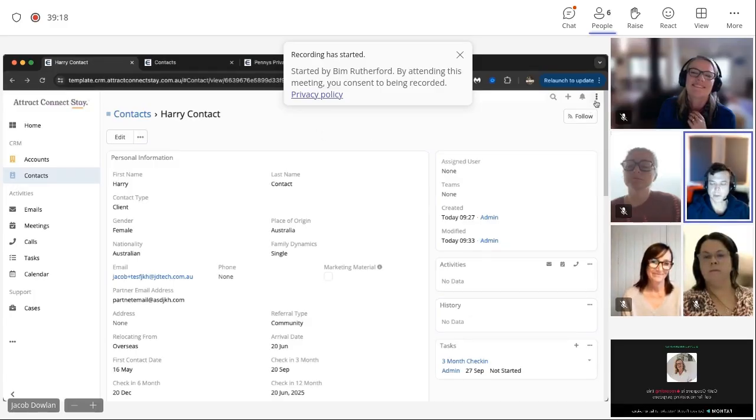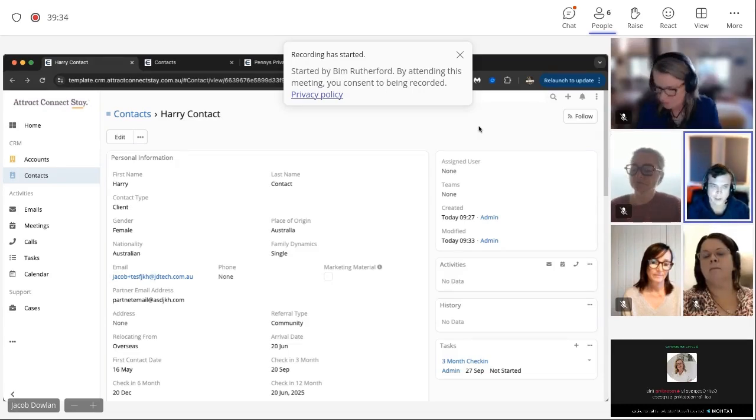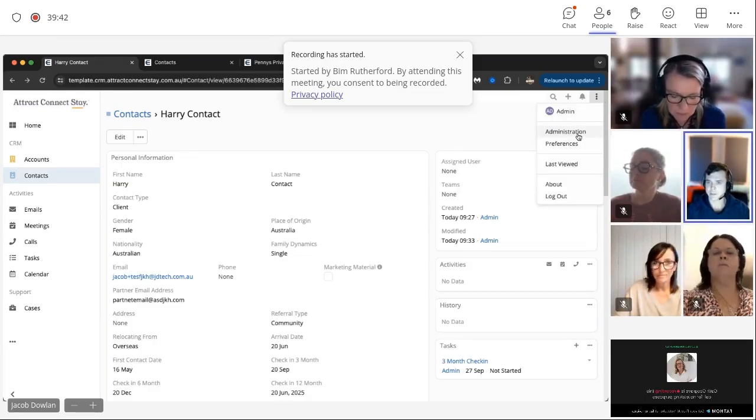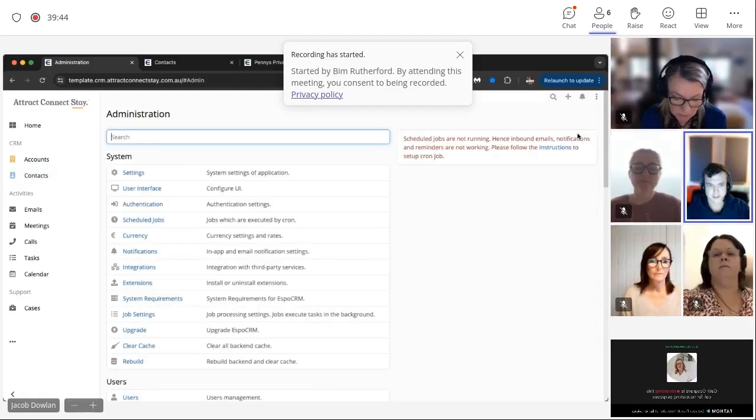I noticed that most people, I think, had Gmail accounts. So for instance, with a Gmail account, what you need to do is create what's called an app password in your Gmail account. So that app password allows you to integrate your Gmail account with software like this. So under administration, and again, I can assist with this,